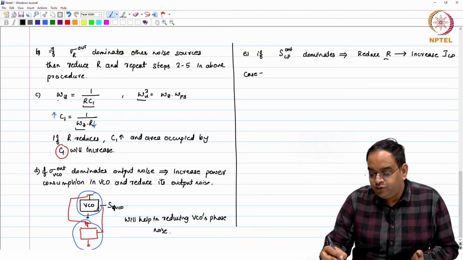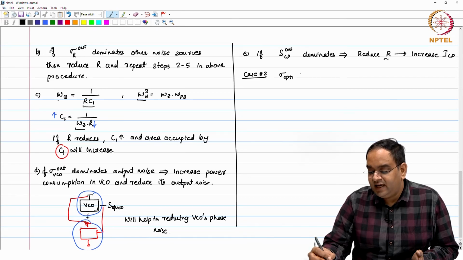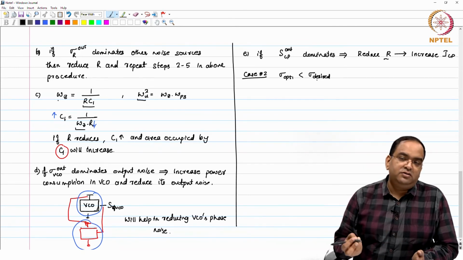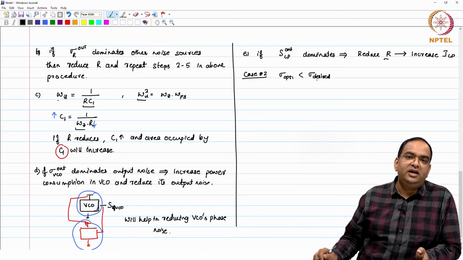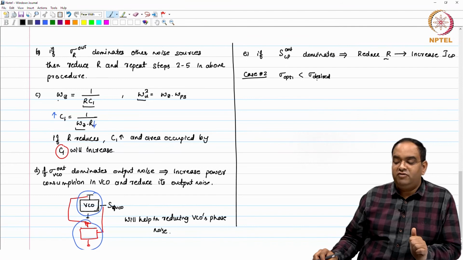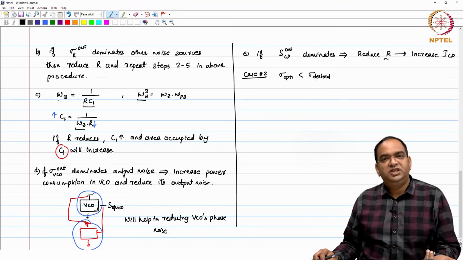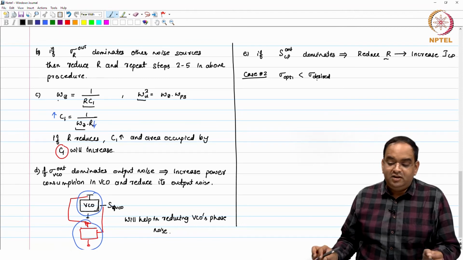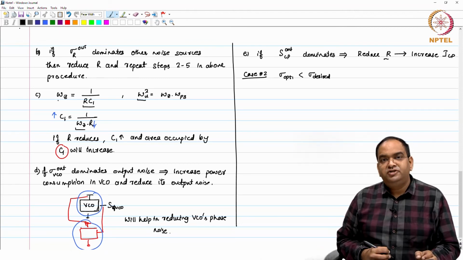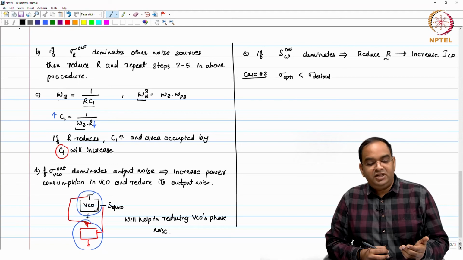Now, case 2 is when your sigma opt 1 is actually less than your sigma desired. So, what would you like to do? Would you like to just say, okay, I need, let us say, 2 picosecond of RMS jitter, I am getting 500 femtosecond of RMS jitter, well, it is within the margin, so I would not do anything? Well, that will not be a good option because it is a trade off in the design,